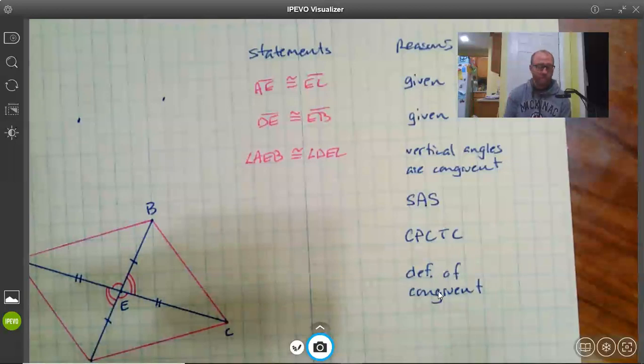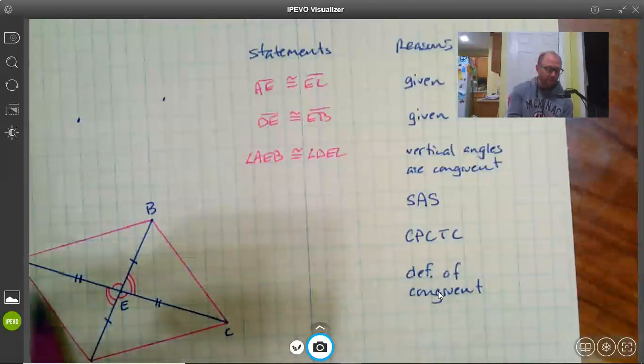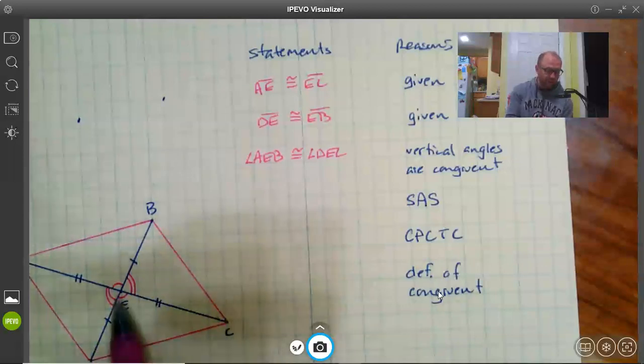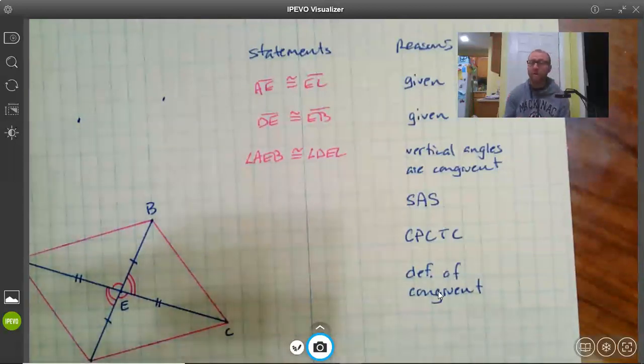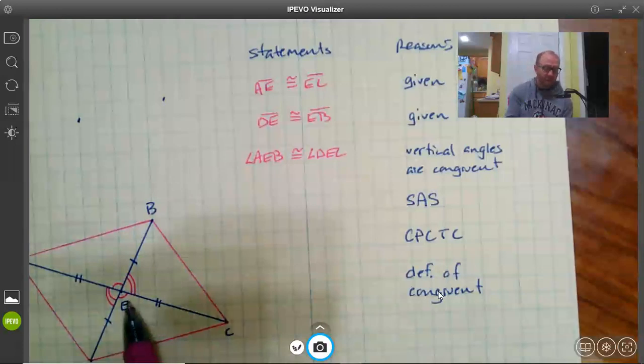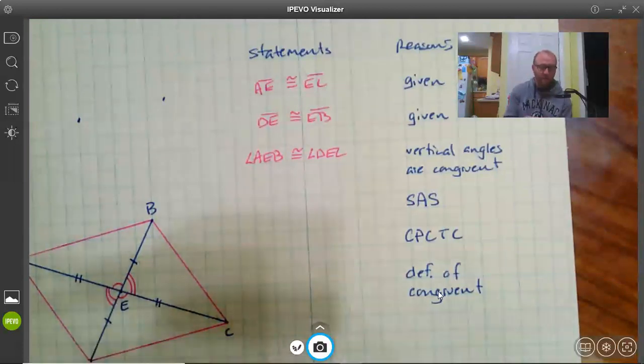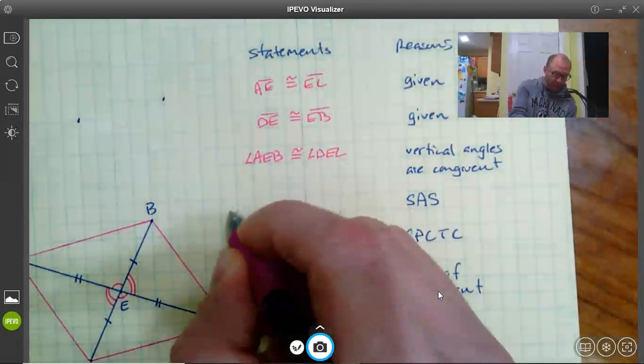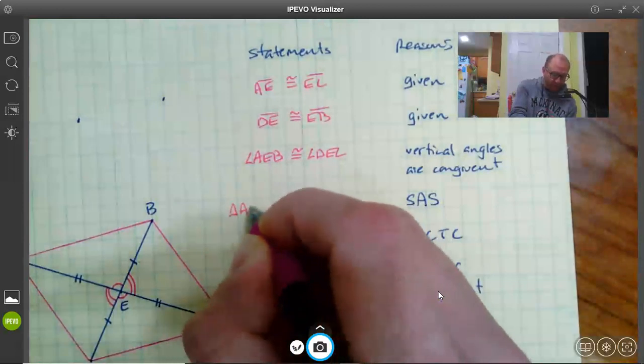Which tells us that these two triangles here, AEB and CED, are congruent because they have two sides and an included angle being congruent. So that's side congruent to side, angle congruent to angle, and side congruent to side. So we have triangle AEB